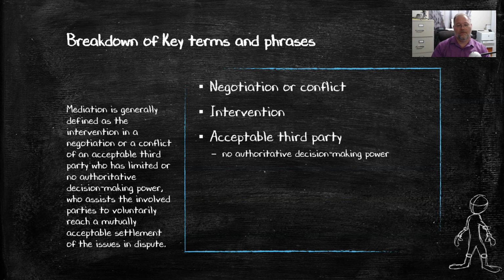Acceptable third party that has no authoritative decision-making power. That is key, because you have to have someone who both parties agree is neutral, both parties agree that they are able to help mediate, but they don't have the authority to decide. For example, if you and your sibling were arguing and your parents were going to try to mediate, what would end up happening is that they would end up,